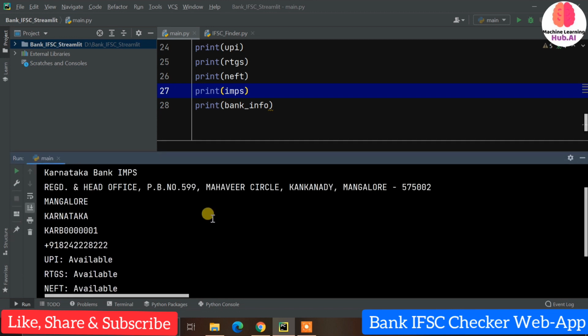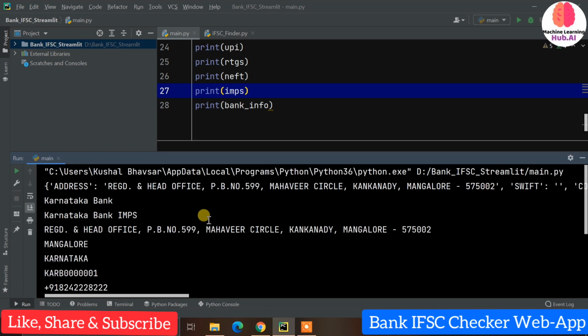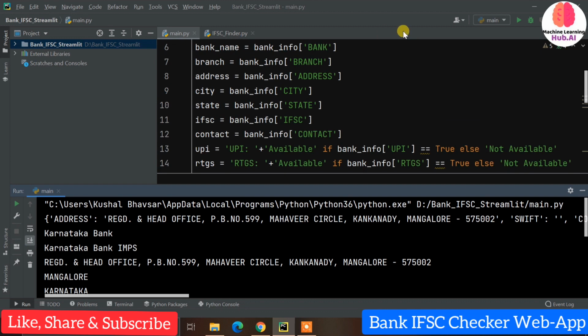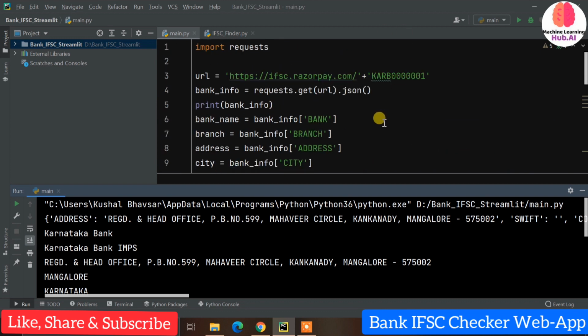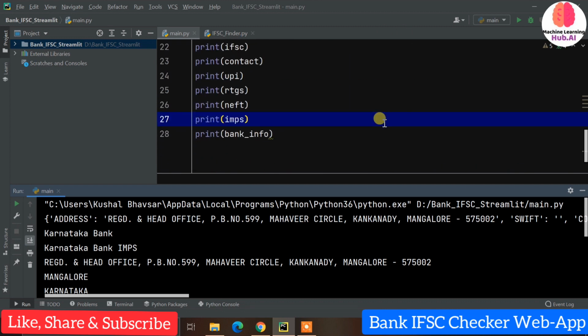Now we have created something important which can be very useful for the normal user, right? But we cannot show this code to your client or some person, right? So we need to build some application. Now we have two options. We can build a desktop application using Tkinter, PyQt or Kivy, right? Or we have another option, go for a web application. A web application will be more convenient because all the users can use it, right? It can be accessible through any device, right?